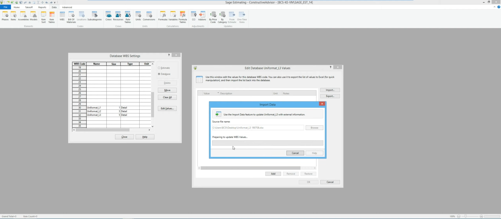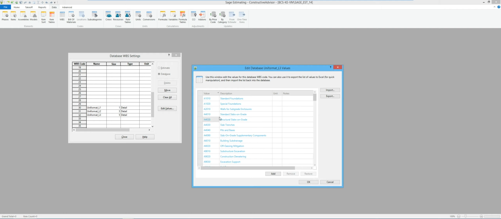So this is where people that do DOT work or something of that nature, where somebody has a bunch of codes and values and so forth. Sometimes it's easier to import that list instead of manually typing all the different values out. So that's basically brought in 129 that time. And there's my list of my level 3 values.